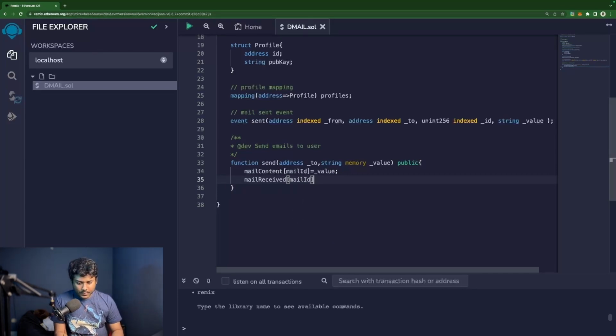So this will be mail received, whatever the to value is, dot push, because this is an array of IDs. We have to use dot push to add a new entity, mail